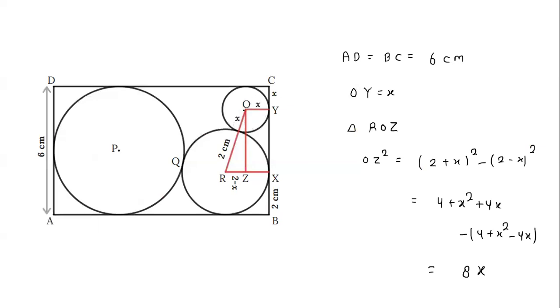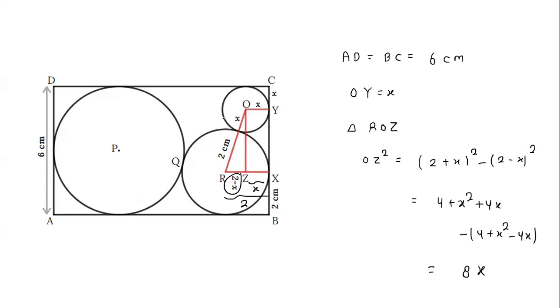And you just draw one perpendicular from this O point to this RS line, and it will intersect this RS line at this Z point, and here it is a 90-degree angle. And this ZS distance is the same as this OY distance, which is this, and it is equal to X. And we know this RS distance is 2, which is the radius of this circle. So the remaining distance RZ is simply 2 minus X. We can easily see that because this is X and this whole is 2, so the remaining is 2 minus X.